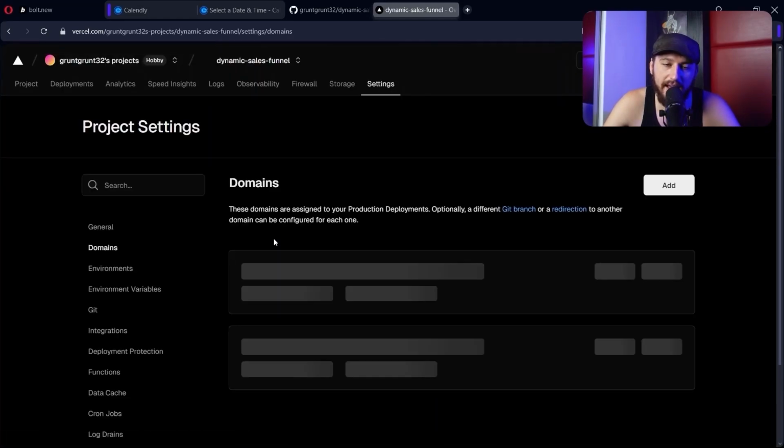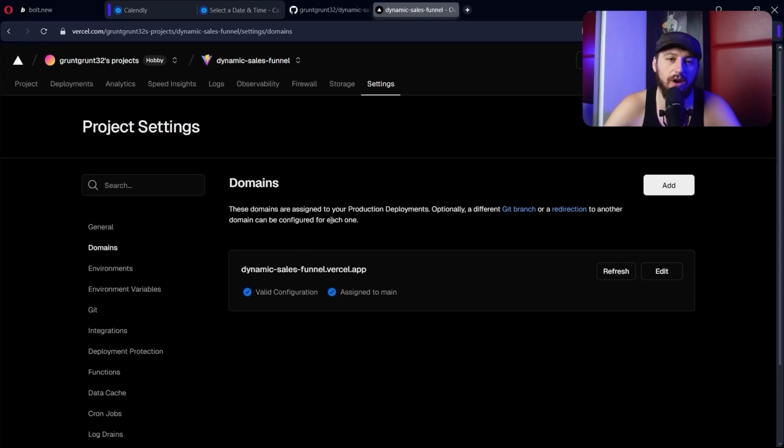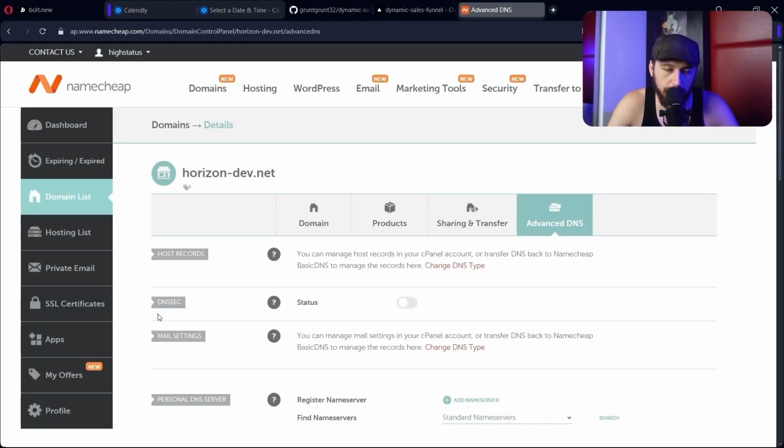Now let's go ahead and add a custom domain to our project. I like to use Cloudflare for this. So let me quickly buy a domain for you guys and we'll get that set up. I got a domain, it's Horizon-Dev.net. So let's go ahead and hook it up to Cloudflare and then connect that to Vercel so everything is deployed